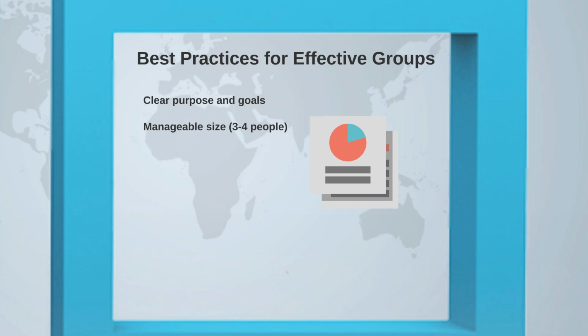But what you want is individual accountability for each student, but also you don't want it to be too large that the social interactions are lost or that it's overwhelming for the students. And so based on the research that I read, about 3 to 4 people would be what you want to go for. Operating guidelines. So some ideas that I came across or that other professors have shared are to have